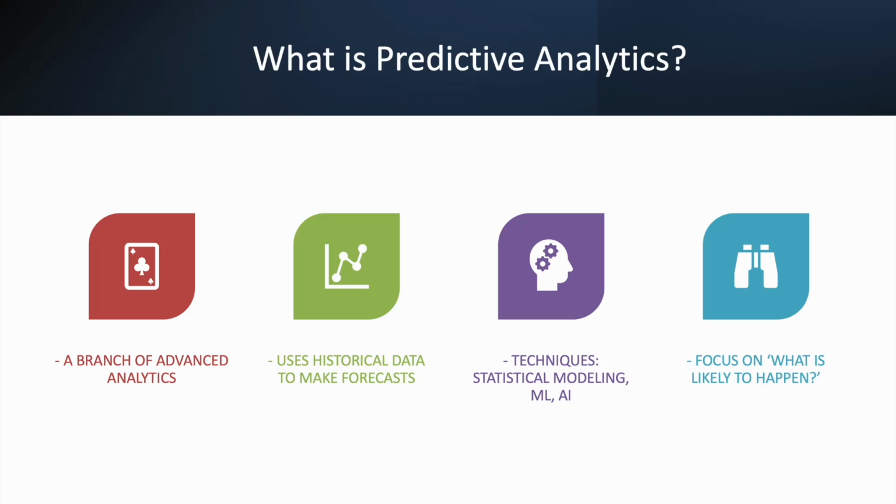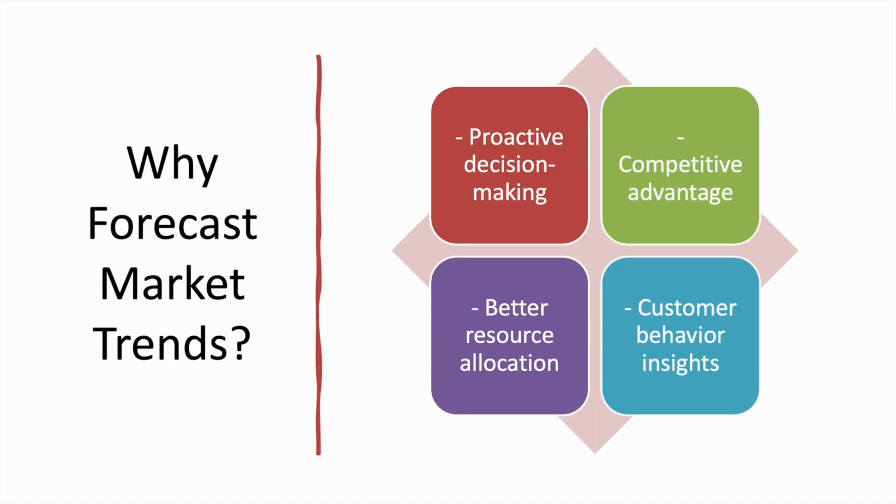And now we will cover some of the key predictive techniques. There are different models suited for different tasks. Let's say time series models like ARIMA are perfect for predicting future sales based on past trends. Regression can be used to understand the relationship between pricing and demand. Neural networks are used by e-commerce platforms to recommend products by predicting consumer behavior.